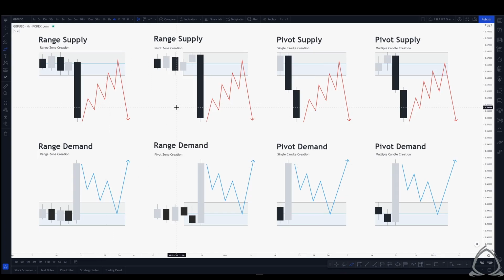So when it comes to mapping out your supply and demand zones, you have a little bit of flexibility in terms of what you are looking for, and we'll build on that as we go through the rest of the concepts. But something to just keep in mind, that you have a little bit of refinement that you can use, or you can be a little bit more generalized when you see ranges. That is entirely up to you. It's entirely up to what you test and what makes the most sense to you throughout your testing and your understanding of